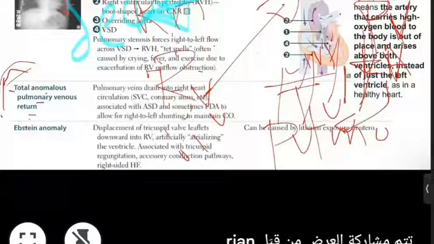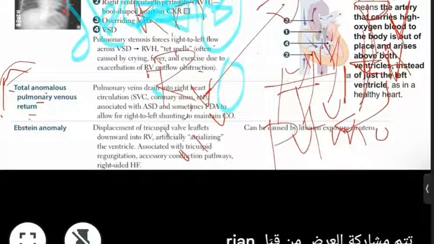You need a defect, like the ventricular septal defect, a defect between the right ventricle and the left ventricle. You need a defect in order for this baby to survive, to stay alive. So if you have a defect between the ventricles,